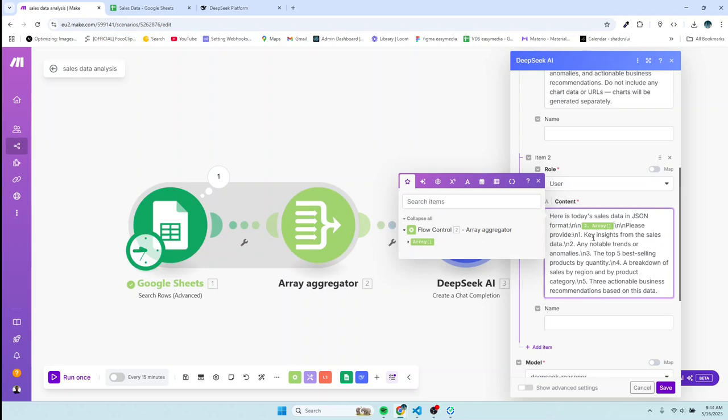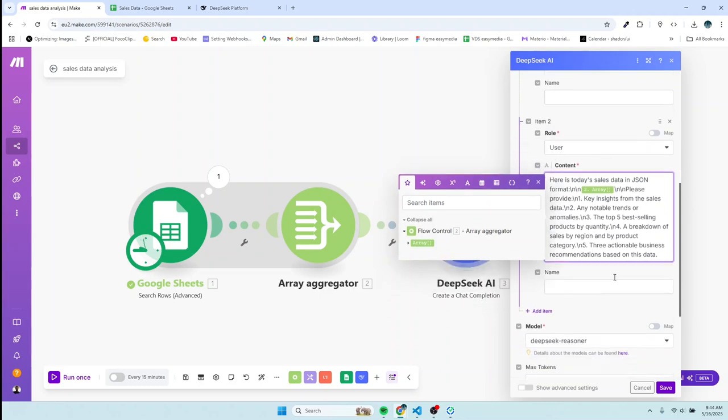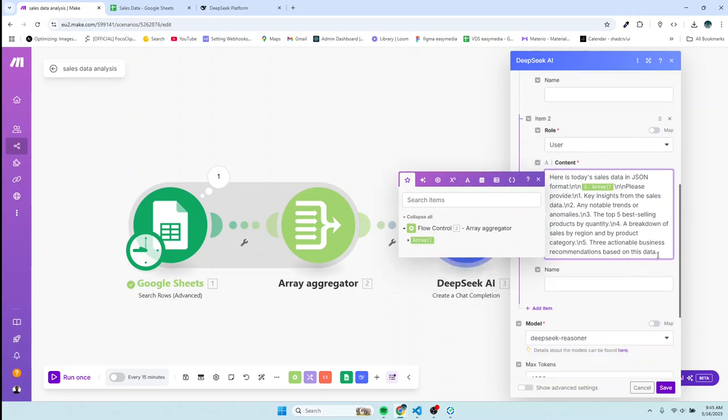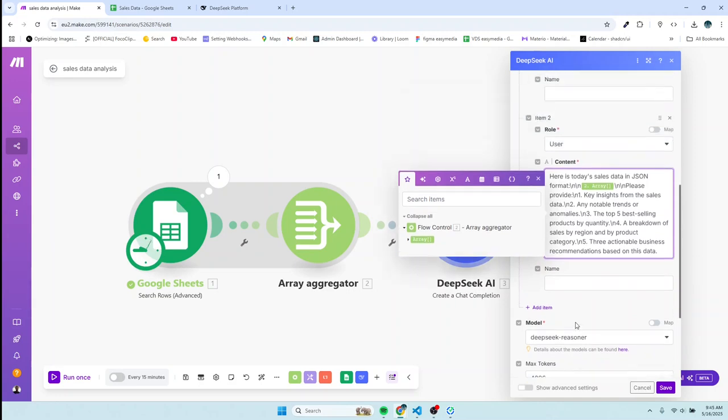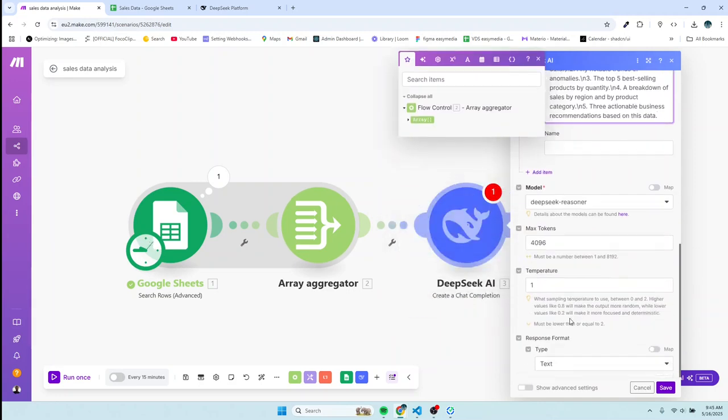Please provide key insights from the sales data, then any notable trends or anomalies, the top 5 best-selling products by quantity, breakdown of sales by region and by product category, 3 actionable business recommendations based on this data. So that is what DeepSeek is going to do for us or do for the user. So I'll go ahead and save,